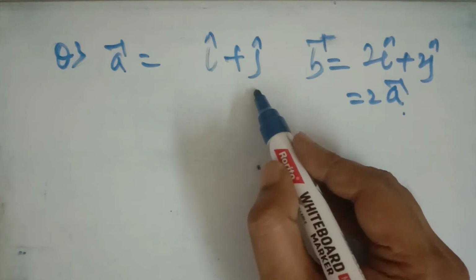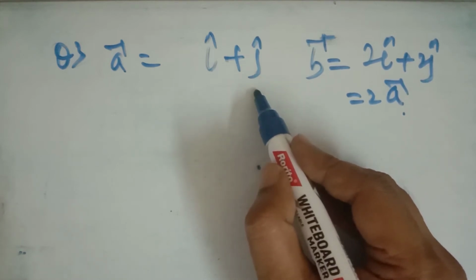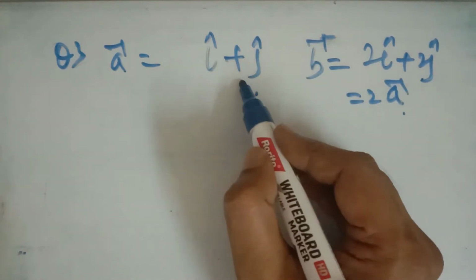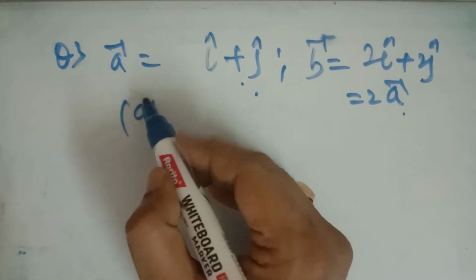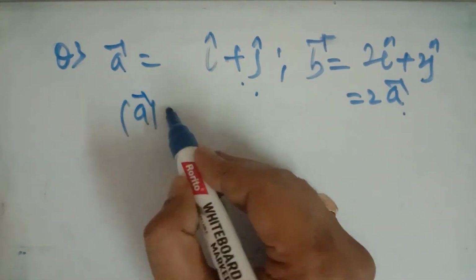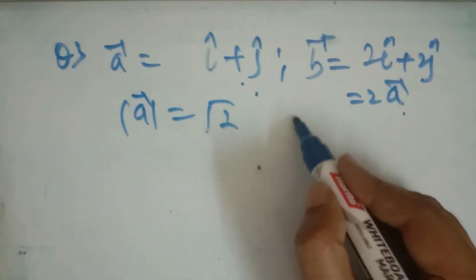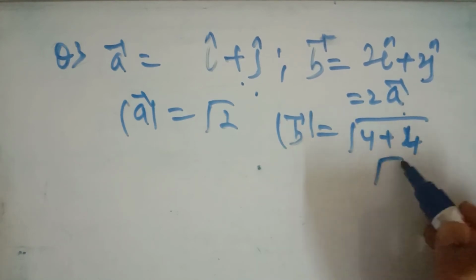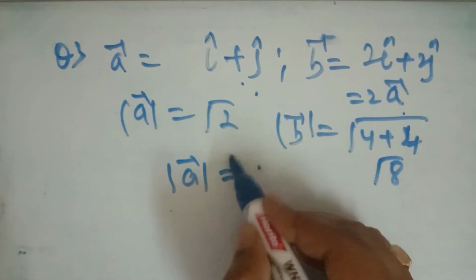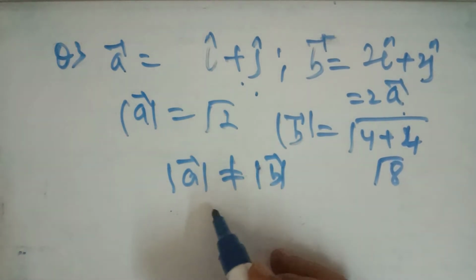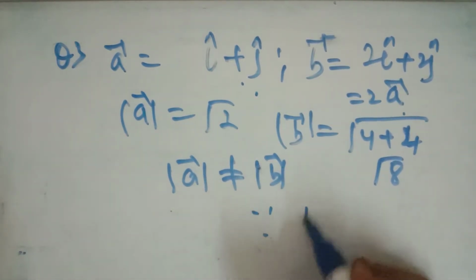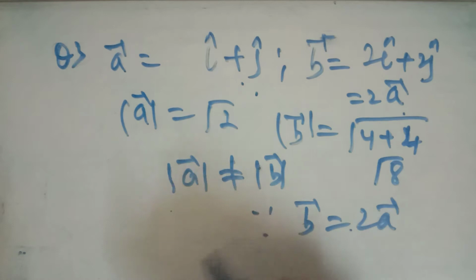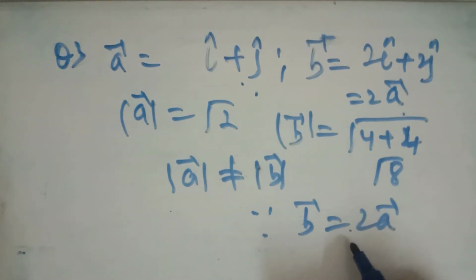So these two vectors are different vectors, लेकिन इनका डायरेक्शन सेम है. मैग्नीट्यूड क्योंकि डिफरेंट है इनका, इसका मैग्नीट्यूड रूट 8 आएगा, इसका मैग्नीट्यूड रूट 2 आएगा. But they have the same direction because this vector is 2 times this vector. Magnitude of a is under root a square plus b square plus c square, that is root 2, and this one is root 8. The magnitude is different but the direction is same because vector b is 2 times vector a. तो अगर -2 से मल्टीप्लाई करें, I will get the opposite direction vector. The direction will be different.